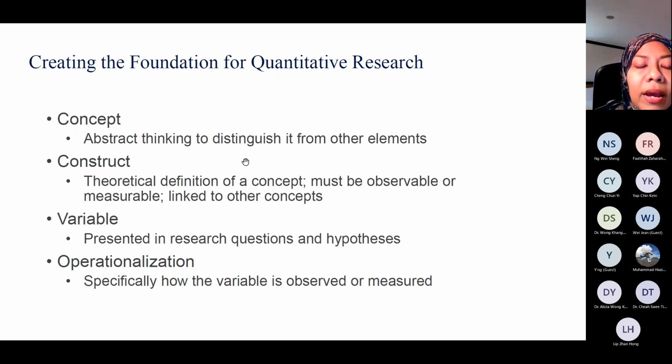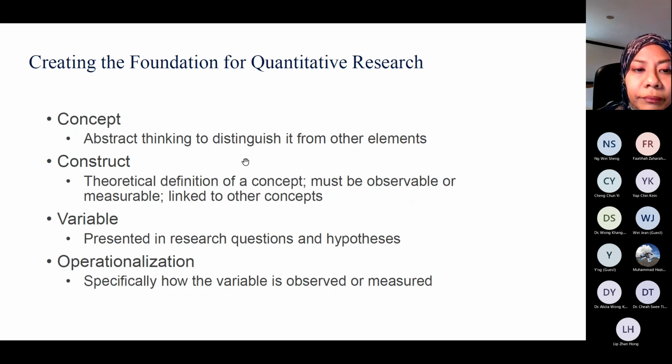And then we have construct, the theoretical definition of a concept, which must be observable or measurable, and linked to other concepts. That is the construct, the items that we use in our research. And then we have variables presented in research questions and hypotheses. When we draft our questions in our research, the questions that we ask are actually a part of the variables that we use.